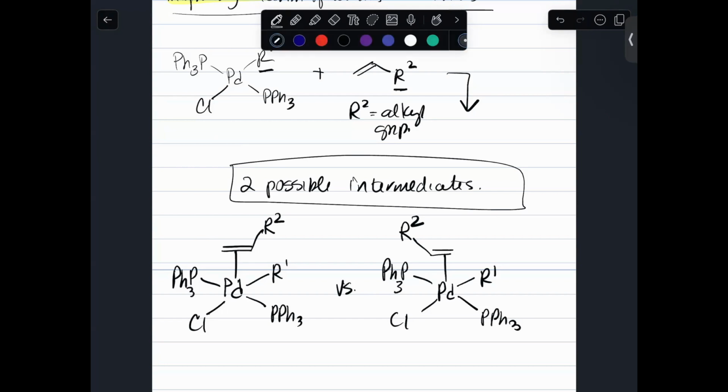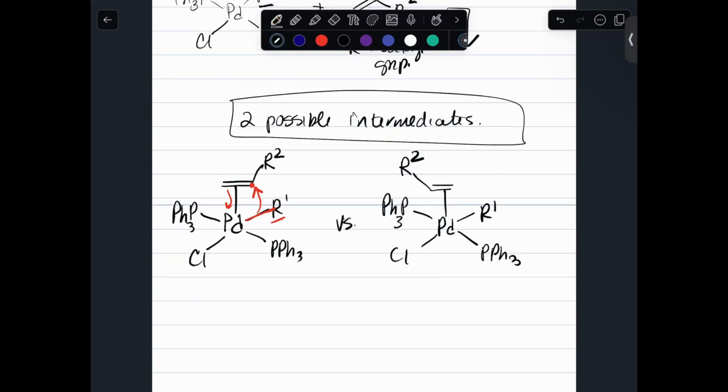And so why does this matter? This matters because this sets the tone of how the nucleophile is going to add to the alkene. And so if this is my nucleophile, it adds to this carbon, and my electrons go and form a bond with the palladium. Please notice that my R1 is adding to the more substituted carbon, and it's the least substituted carbon that's bonding to my palladium. And so, of course, the product to this